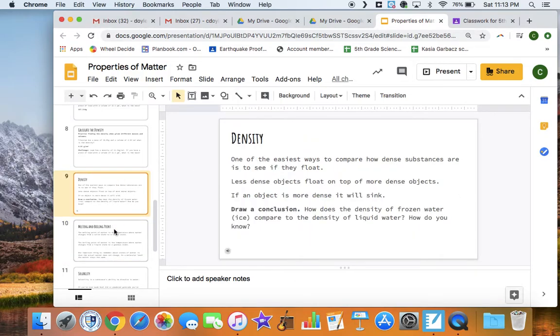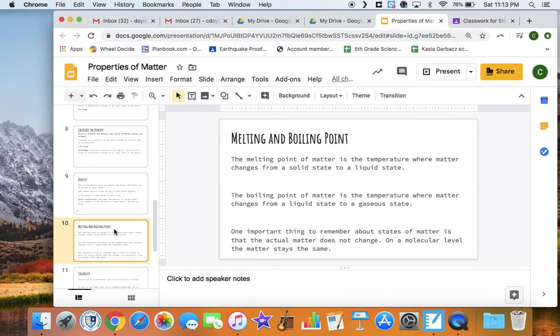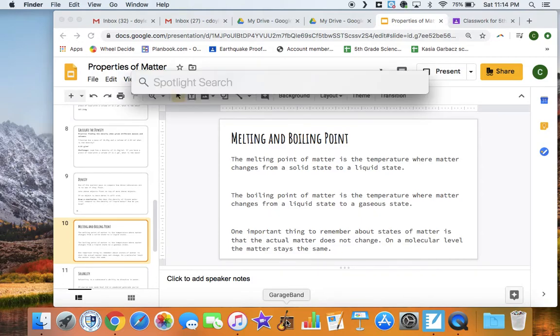So what we're going to do now is make a quick little voiceover for my next slide, which is on the melting and boiling point. So in order to do that, I'm going to open up GarageBand. So it's down here. If you don't see it on your toolbox down at the bottom, just Command space, type in GarageBand,